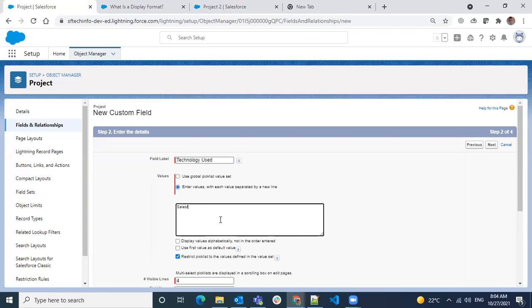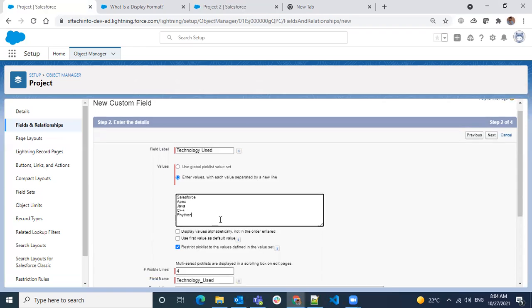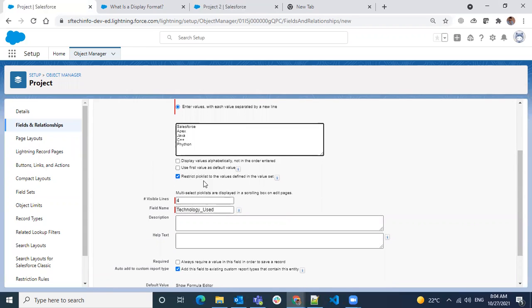So I'm giving some different values: Salesforce, Apex, Java, C++, Python. I'm keeping it as a restricted pick list value. Same options, but you see some more options, a visible lines field. That means it's a multi-select, right? So how many lines do you want to display? I'm keeping it at 4 lines for now.